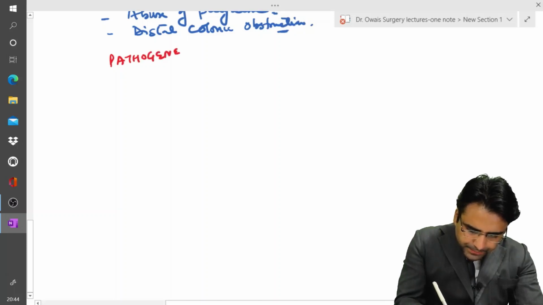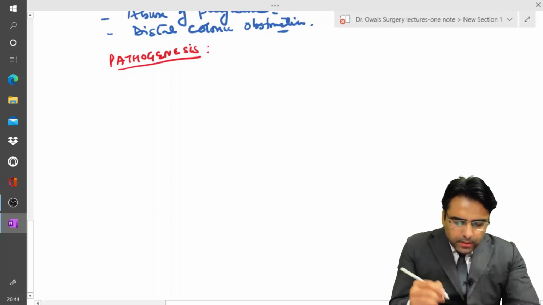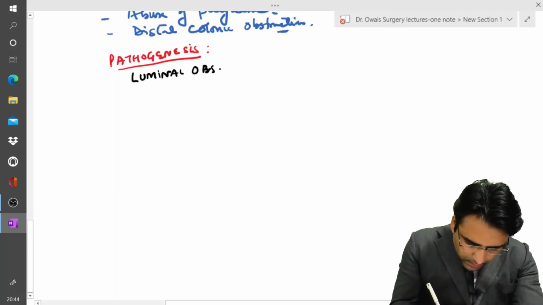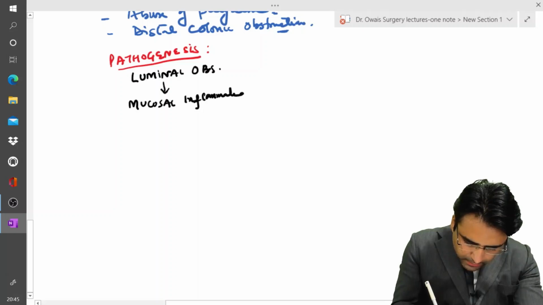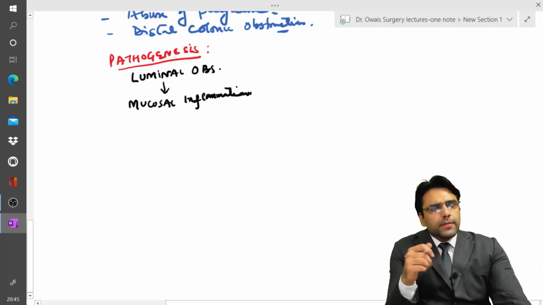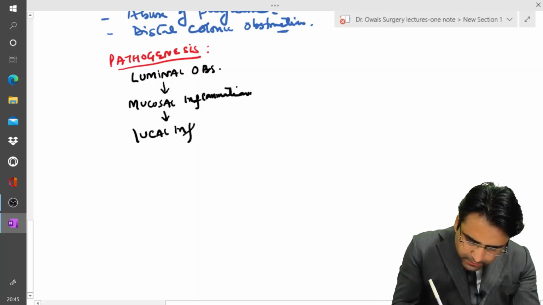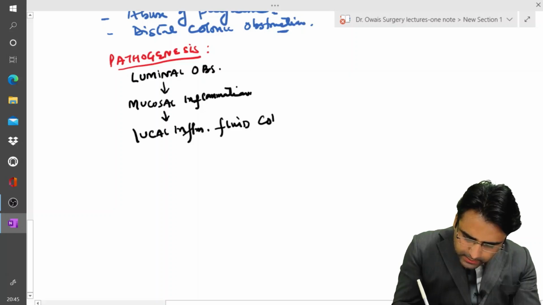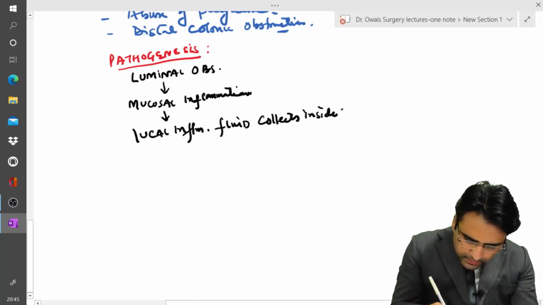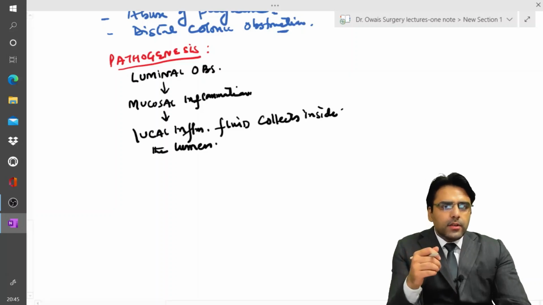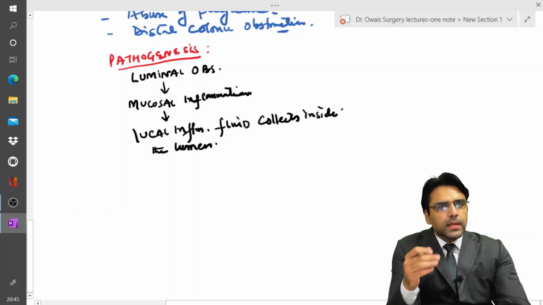Pathogenesis of acute appendicitis. What happens if there is a luminal obstruction? It will lead to mucosal inflammation. Due to this mucosal inflammation, the inflammatory fluid collects within the lumen of the appendix. The collection of this inflammatory fluid will lead to increased intraluminal pressure within the lumen of the appendix,